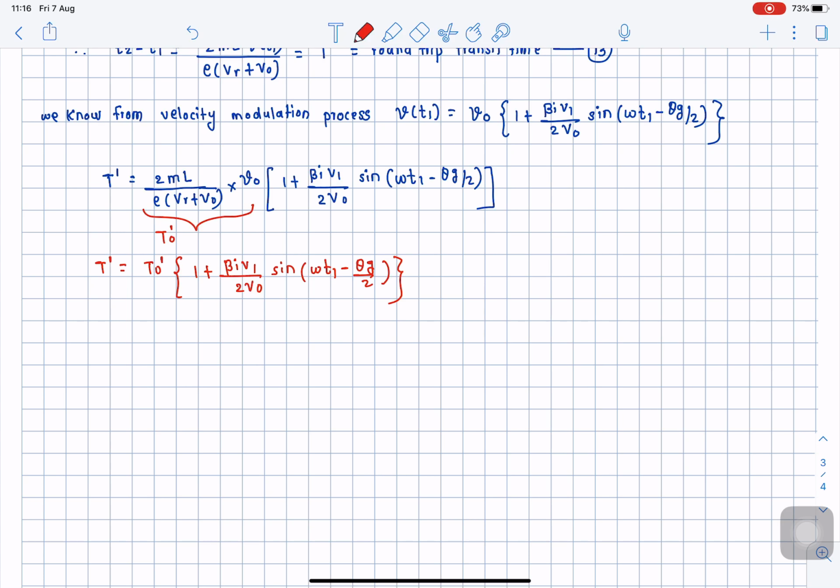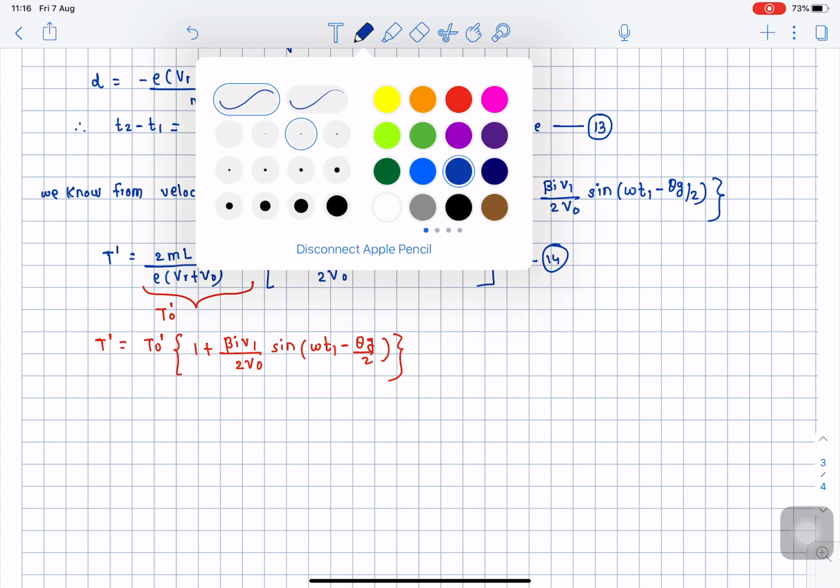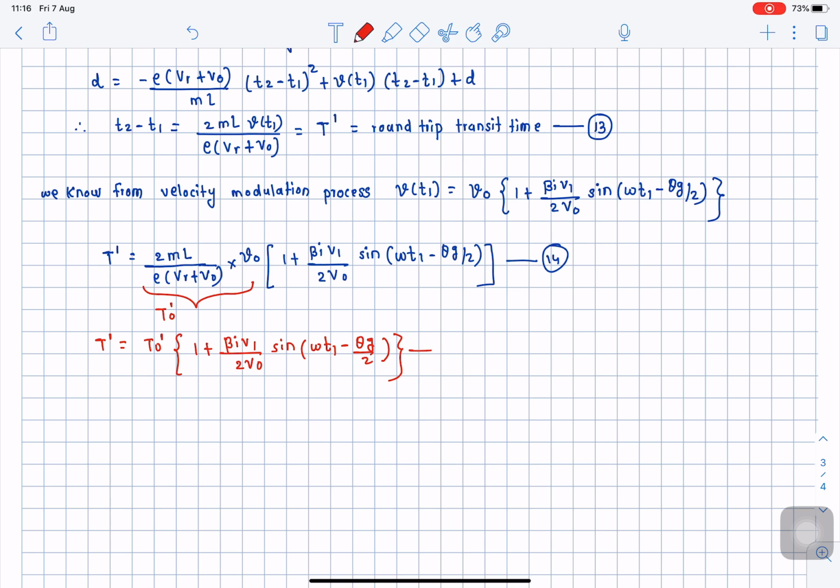Let us call this equation number 14 first, and let us call this equation number 15, where